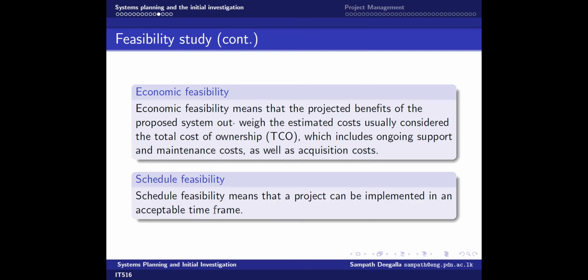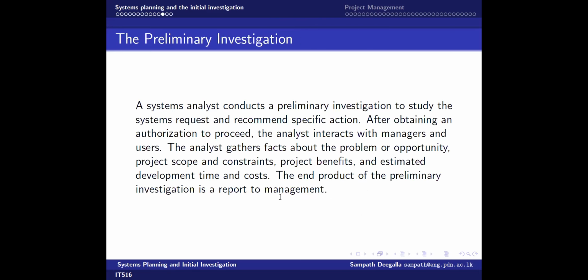Then schedule feasibility, right? Scheduling means, let's say you have decided to develop a project, you have to have a reasonably feasible plan, whether you can finish this in an acceptable time frame. So that is what we call schedule feasibility, right? These things should be understood during the preliminary investigation, and then you have to report it to the top management, right? So what happens here is the system analyst looks at this preliminary investigation and at the system requests coming from different users, and then maybe recommends a particular action, right? Once they get the authorization from the top management, especially to work on this,